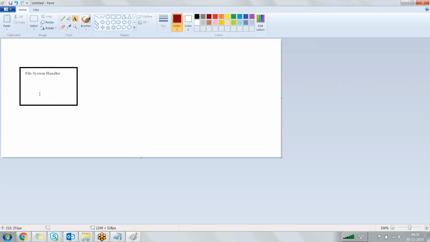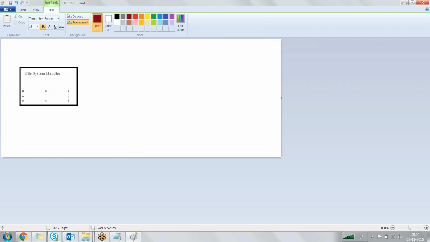So this is my file system handler, and the file system handler can process the code related to the scripting programming languages. But what do the scripting programming languages do? They deliver the static content. And hence I can say that my scripting programming languages, which deliver the static content, can comfortably be processed by my file system handler. That is, my file system handler is a server that is responsible to process the code related to the scripting programming language and hence deliver the static content.